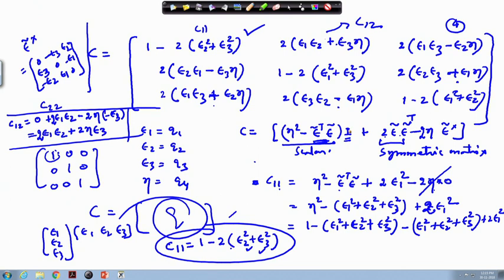Okay. So, finally, we have got this form. And this is very useful. So, if your Euler parameters are available, you can get the C matrix in this way, and vice versa. If your C matrix is given, you can get back to the Euler parameters. So, both can be done.